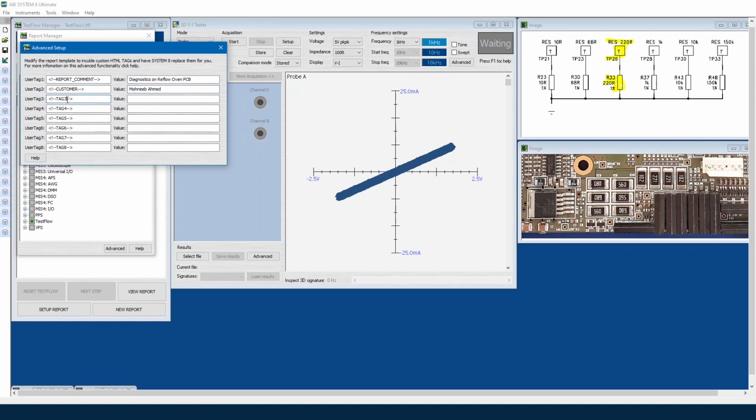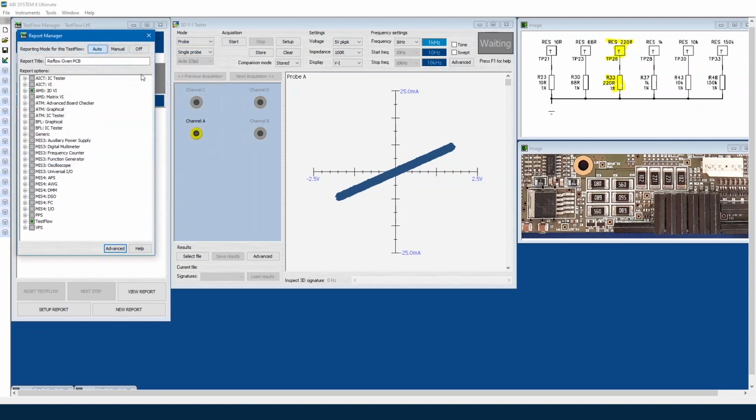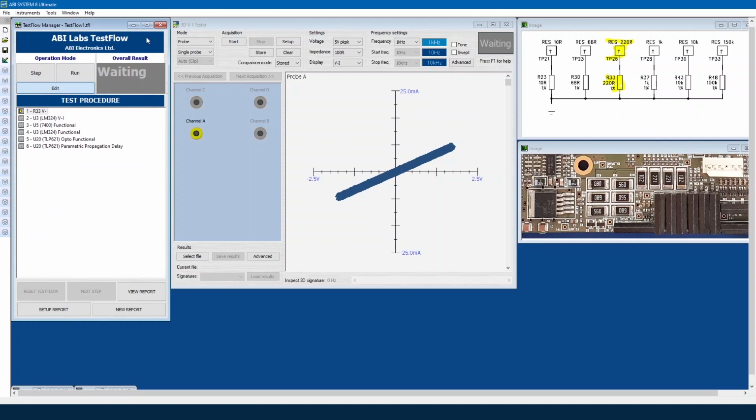And I also want to add the part number. Now that I have customized this, I can close the advanced setup. I can also close the report manager. And for this example, I will carry out a test only for step 1 and then we will view the report.